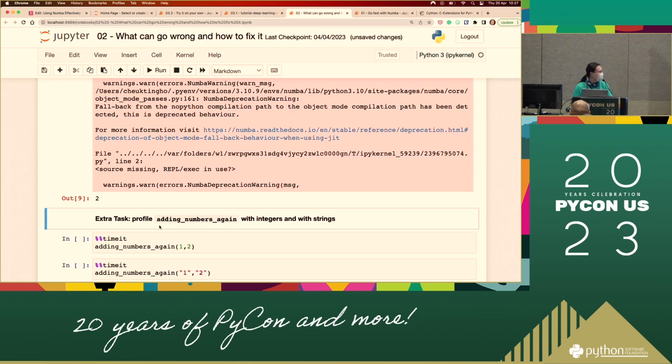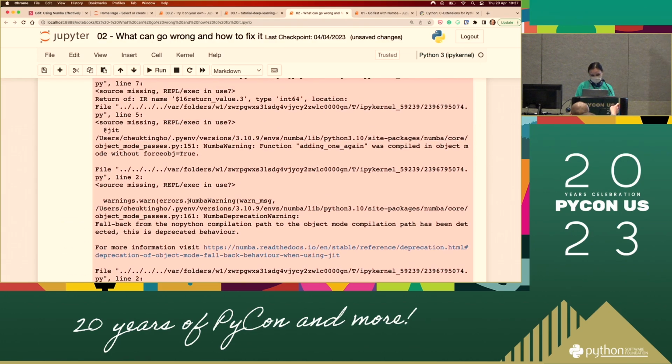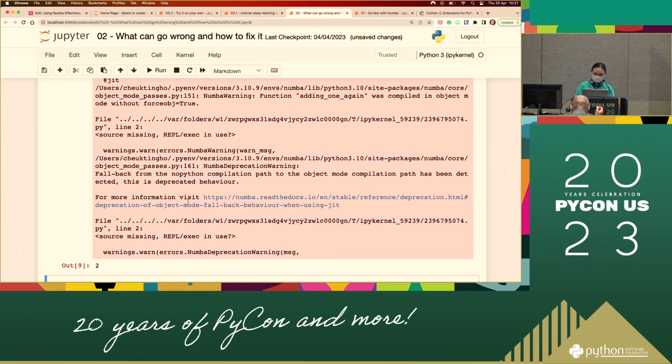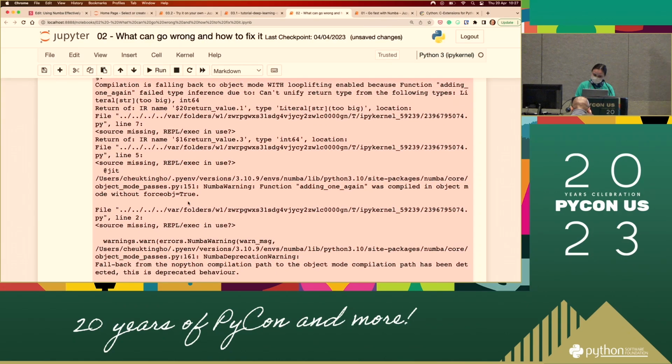If you don't want to see them, you can change your settings in your Python or Jupyter notebook and get rid of them, as if everything is fine. But it's telling you that you could add the decorator without the force object, and then it doesn't give you the warning. It's basically telling you that it's not optimized.